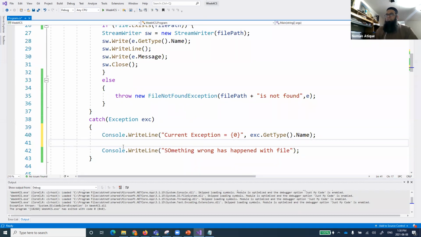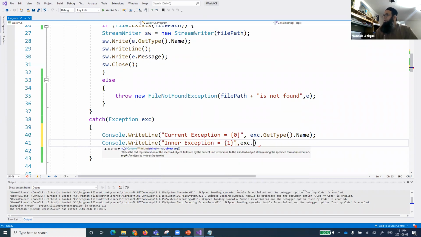Now let's see if it works, because there is something wrong going on. And if I say inner exception, what is that inner exception? It is the exception which brought our control inside that one. So inner exception equal to 1, right? Let's run that one. exe.InnerException. Yes, inner exception is activated over here.